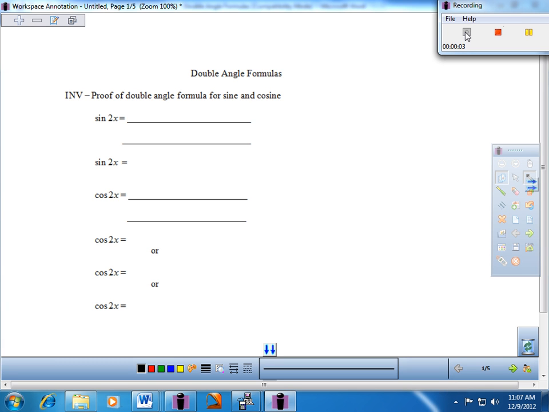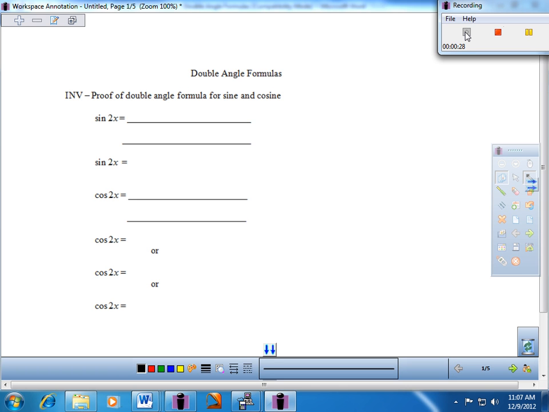Welcome. The title of today's notes worksheet is Double Angle Formulas. So today, as the name suggests, we're going to take an input and multiply it by 2 and then work with the ratios of that new angle. If you remember, so far we've combined angles with addition and subtraction, and today this is what's called the doubling formulas. The proofs are relatively straightforward and simple, so I figured I'd walk you through